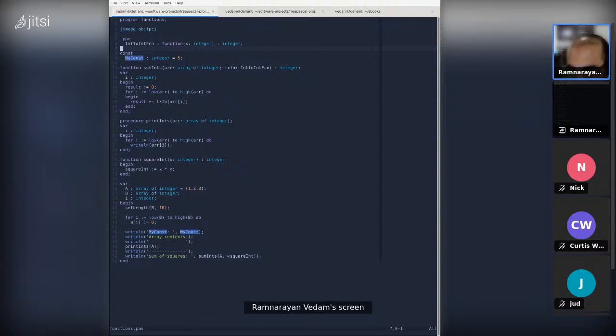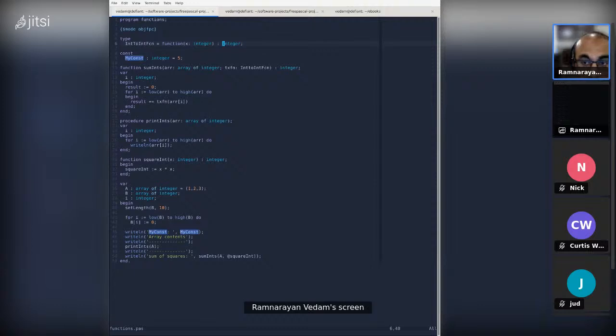The one thing to note here is when you're defining your higher order functions, you have to in Pascal provide them a type, and I mean specifically a type alias. You see this int to int function here is basically a type alias to any function that takes in an integer and returns an integer. The notation of defining the function does not change. The names of the parameters have to be present.